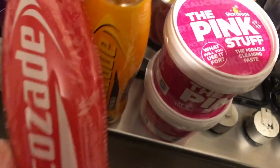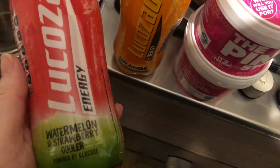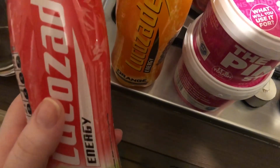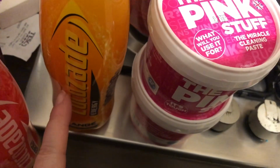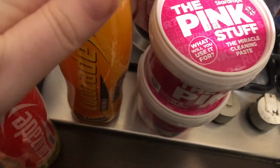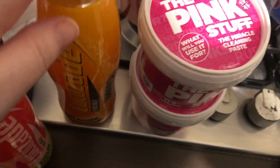So I've been to B&M and I've got a few things. I've got this watermelon and strawberry cooler, which is absolutely gorgeous. I definitely need it because I don't feel well. Then I got a normal orange Lucozade. These are just the small bottles because I'd happily sit and drink the big one all day, but it's full